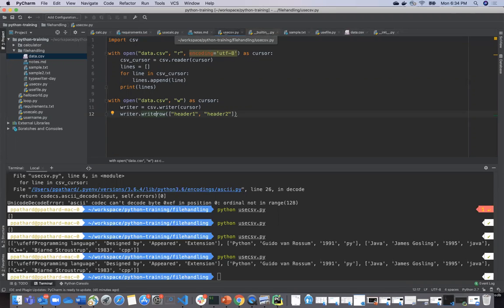So the error that you were getting previously is because of the first character, as you see in the output, that is backslash u and fff, which is there before programming language in this particular file. That is the reason you were not able to read. Python was not able to understand it. So I just made the code encode this into something that the computer, Python, can understand.